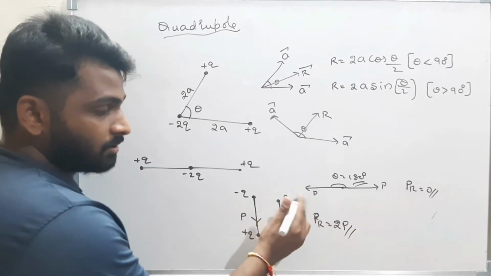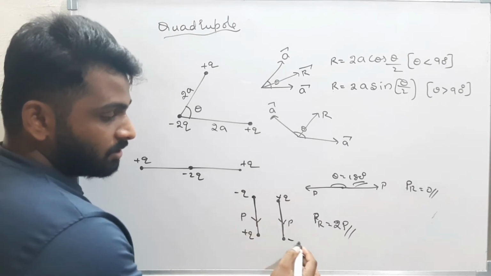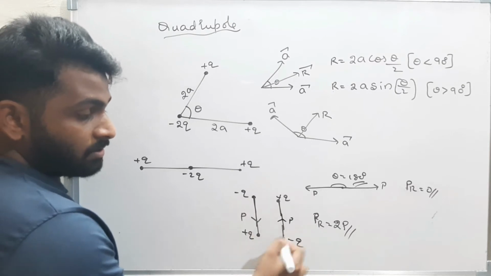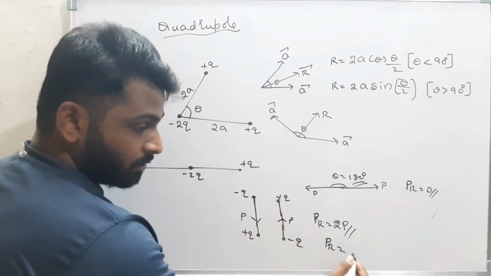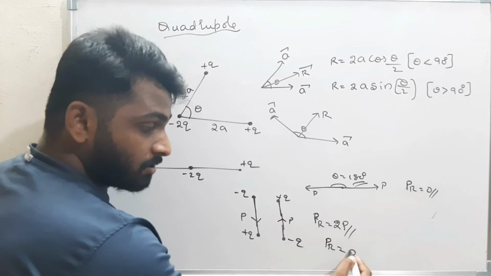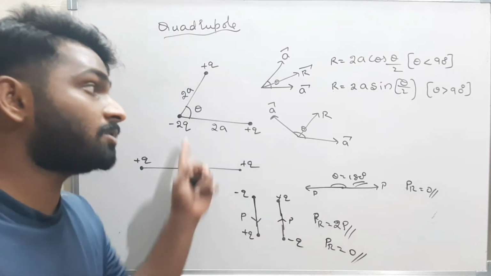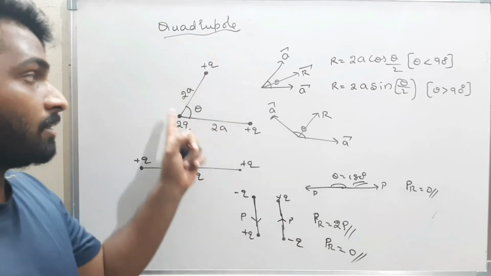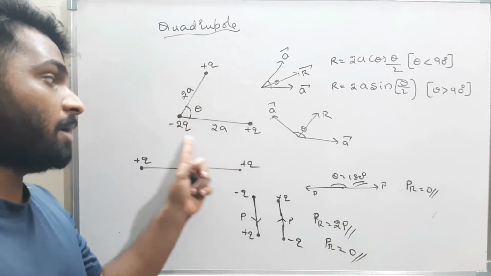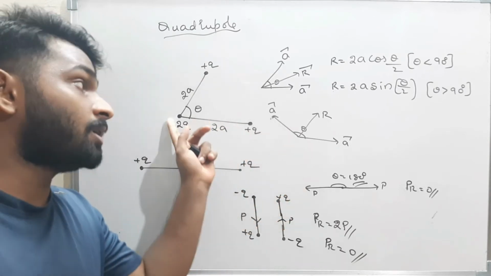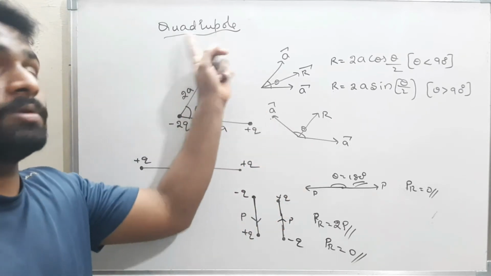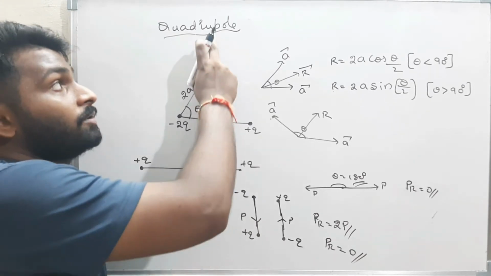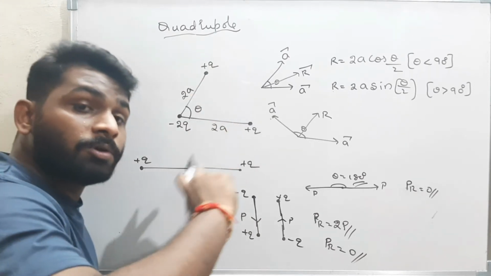If one is reversed, this is plus and this is minus charge. Now what is the dipole direction? Upwards. Therefore for this system, what is the resultant? One is downwards, one is upwards. The resultant is 0. All these types of arrangements are nothing but quadrupoles. These two dipoles having some angle theta, it may be any angle, then this system is known as a quadrupole. Please remember this. Now after this quadrupole, we will see the distributed dipole.